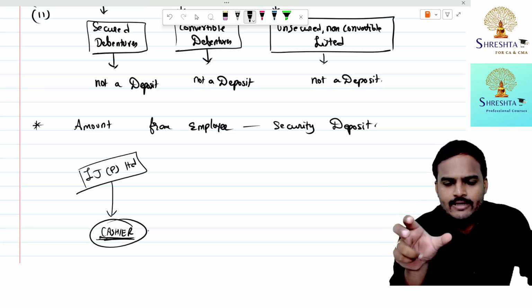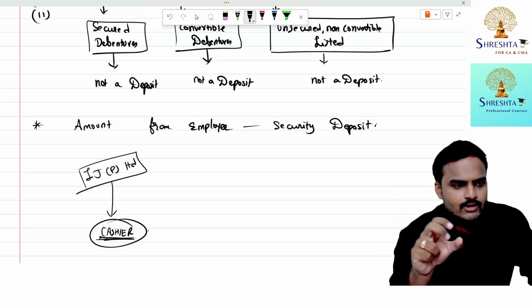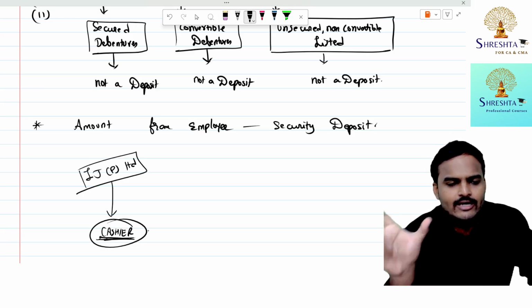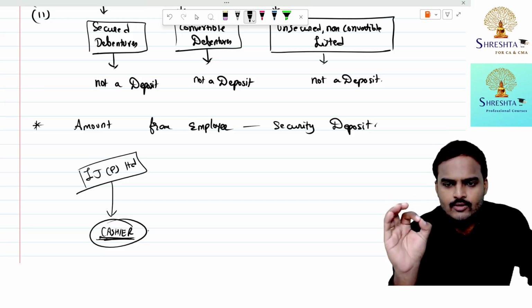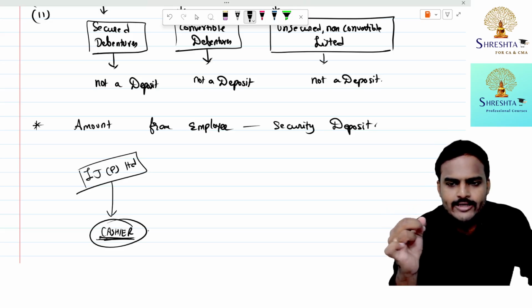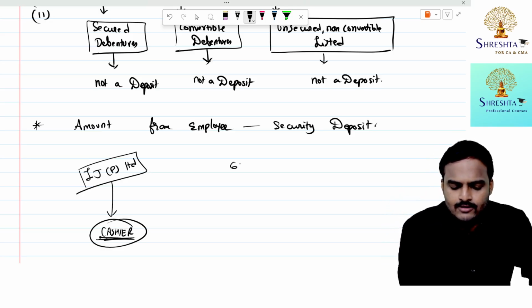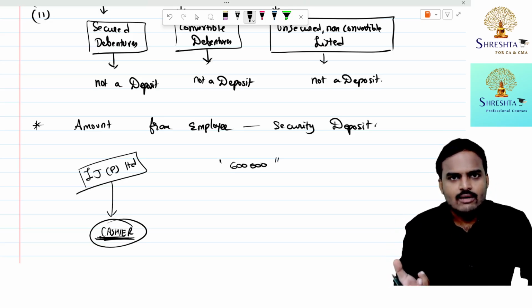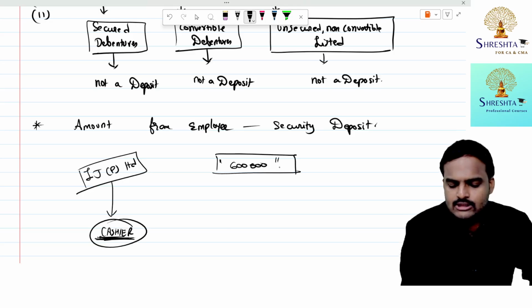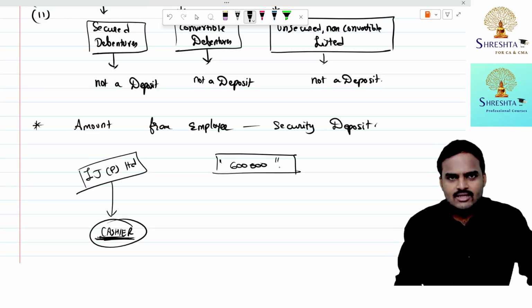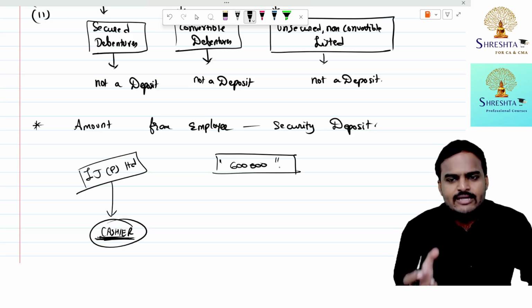So that's the reason the company, while recruiting a cashier, made an announcement like this: any person who wants to be appointed as a cashier should make a security deposit. The deposit amount is 6 lakhs. Now even if the person absconds with the company's cash, we can forfeit this deposit, and avoid a certain portion of the risk. We can minimize the risk. Yes or no?